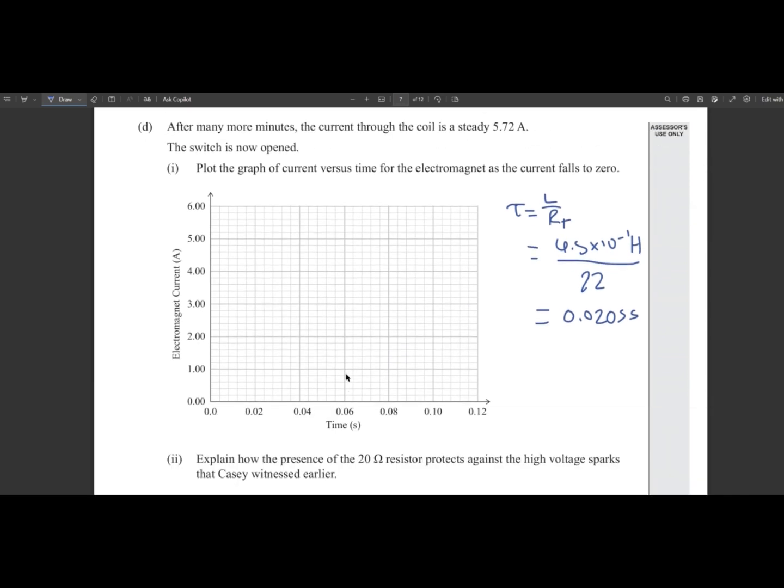So it's going to take the form that your current is going to be your current max times e to the negative n time constants. So after 0 time constants, it's going to be at 5.7224681. So probably going to start somewhere around here. And after 1 time constant, it's going to be 5.72 times e to the negative 1,